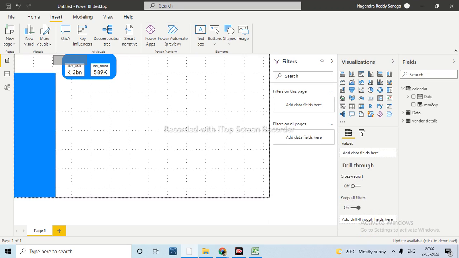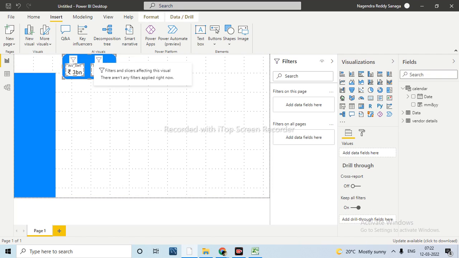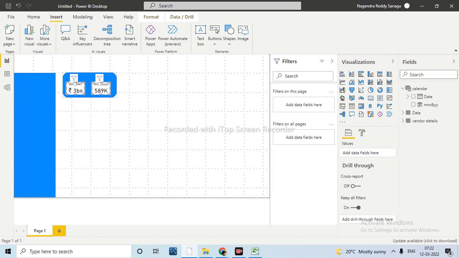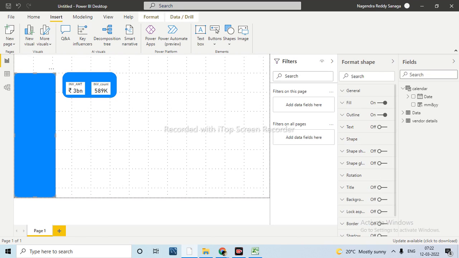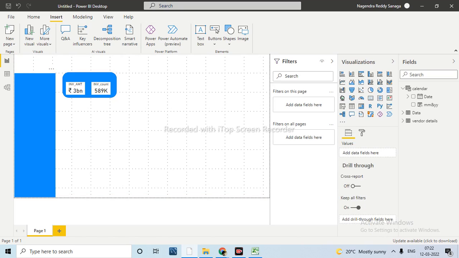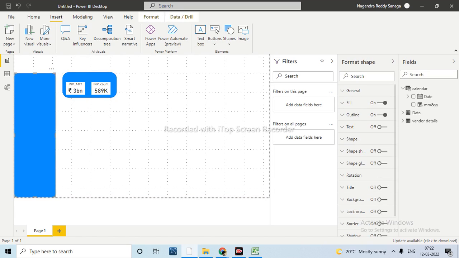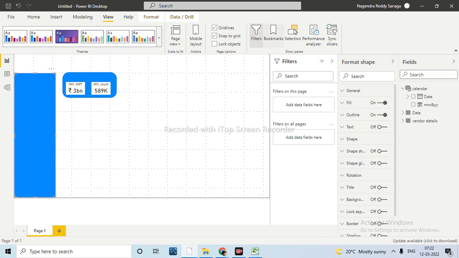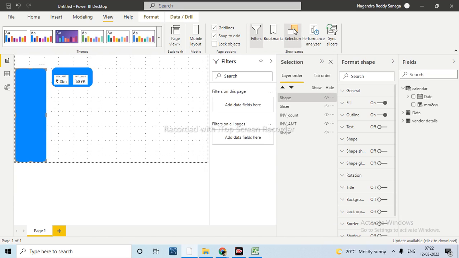We'll move this one also a little bit down. Until here we will have the logo and the last refresh date. And this one has to go down, right? Because the filter should come up. For that, you can directly use the selection pane, and you can move this visual to the last.